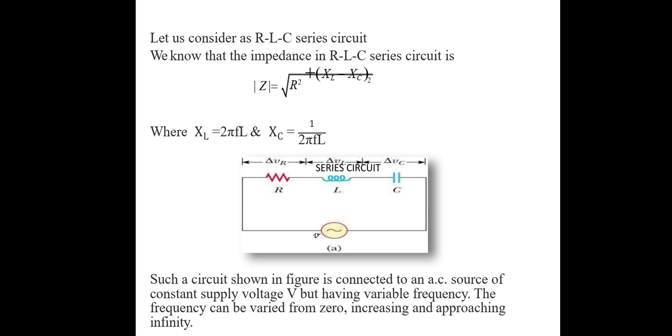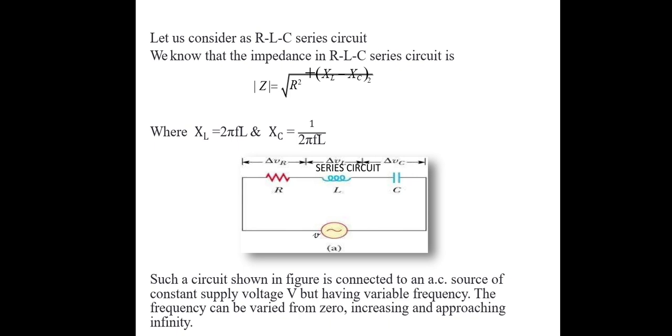Now we know the impedance of the RLC circuit in series resonance is the combination of the resistance, inductive and capacitive reactances. So Z is equal to R plus j omega L plus 1 by j omega C. In a series resonant circuit, the resonance condition is XL equal to XC, so the impedance of the circuit is just the resistance.